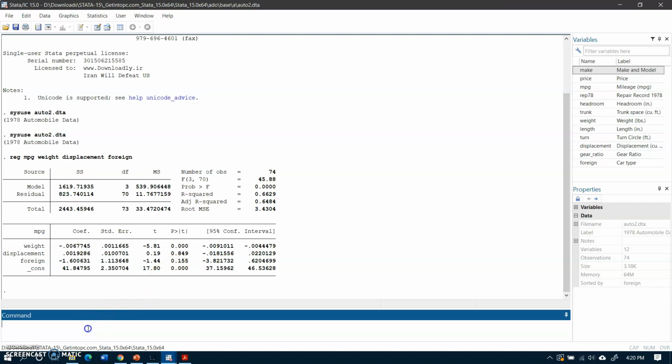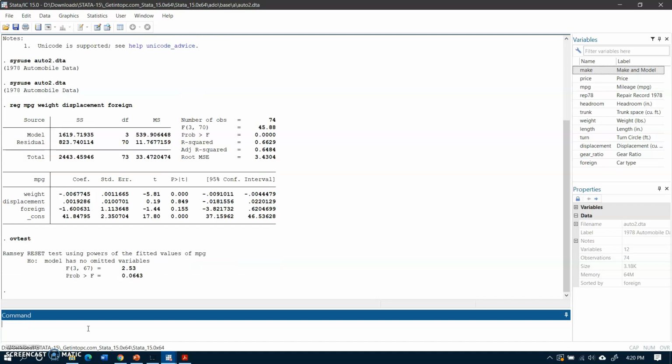So for that we need to conduct the OV test. OV test stands for omitted variable test. So I'll write OVTEST and then I'll press enter, and here are the results. These are the results of the Ramsey RESET test using powers of the fitted values of MPG. That is the fitted value of MPG, MPG square and MPG cube and so on. So the null hypothesis of this test is that the model has no omitted variables.